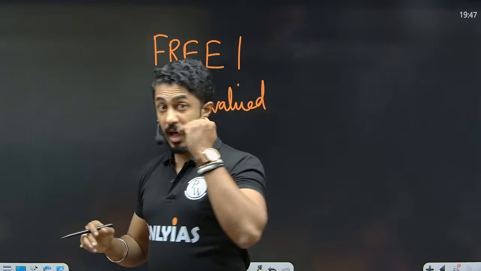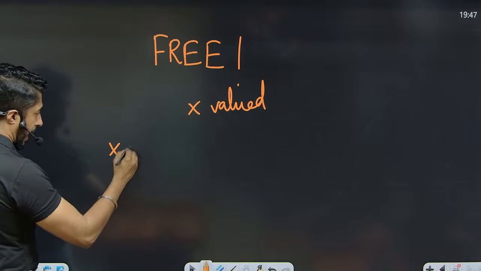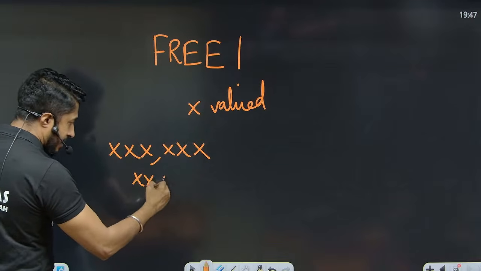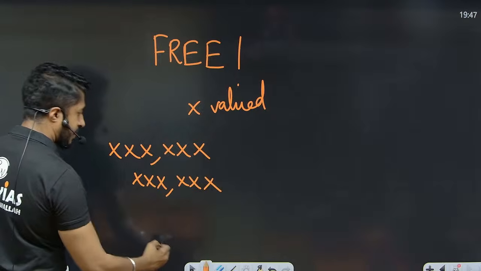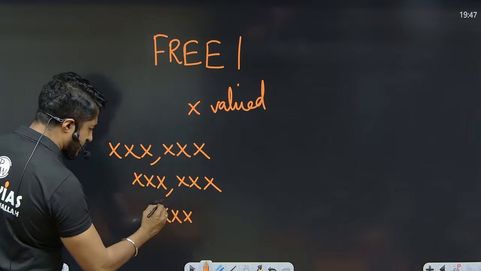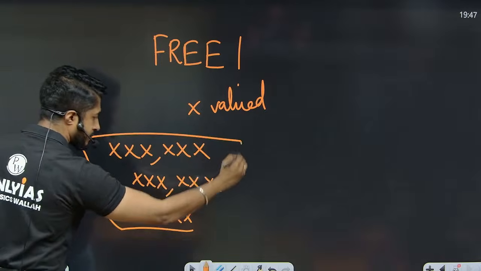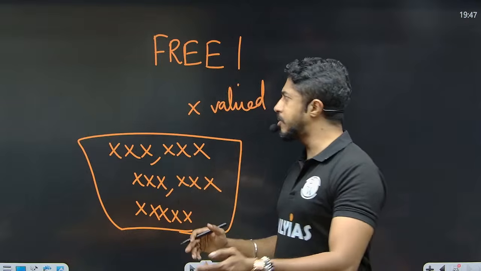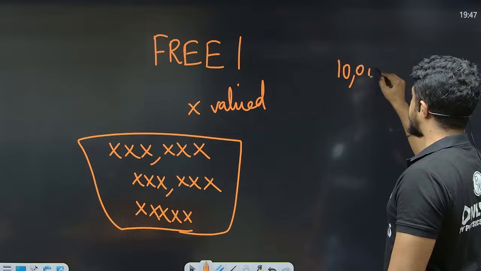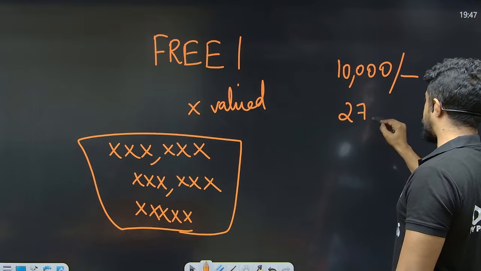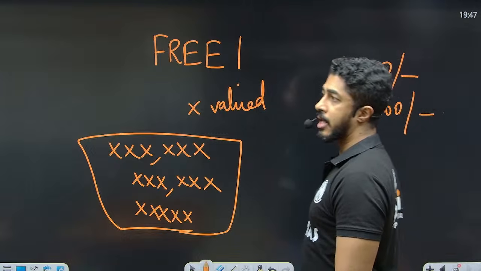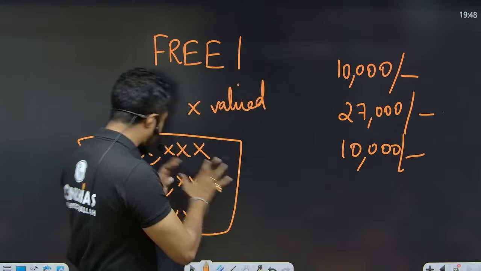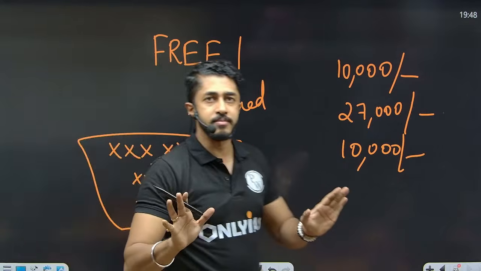You know what is the comedy here? The irony of all this. When people have to pay lakhs for the coaching industry, lakhs in terms of food and accommodation, and tens of thousands maybe for books and materials, no comments, no questions, nothing. But if PW is selling a course for 10,000, people have a problem with that. PW is selling a course for 27,000, again people will have a problem. PW is selling optional for 10,000, people will have a problem. But if they have to pay lakhs here, that is perfectly fine.